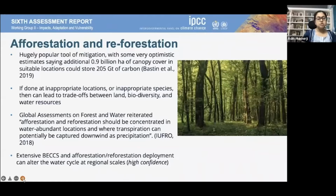species, actually the trade-offs between land biodiversity and water resources can be pretty high and pretty negative, and it can have a lot of negative impacts on local population, particularly indigenous populations who often depend on these forest resources. Another one of these global assessments, such as the global assessment on forest and water, which we also cited in the water chapter, said that afforestation and reforestation should be concentrated in water abundant locations where transpiration can potentially be